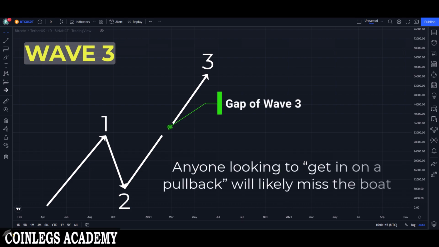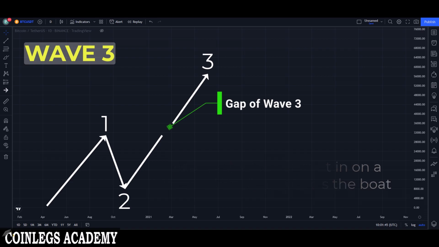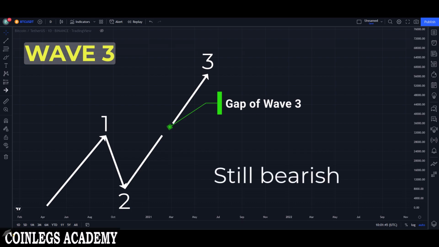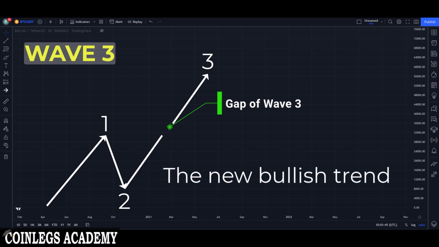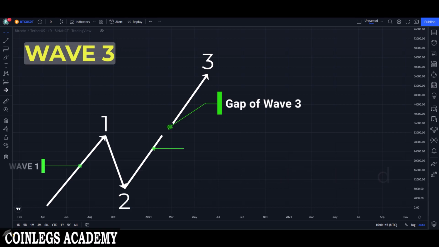Anyone looking to get in on a pullback will likely miss the boat. As Wave 3 starts, the news is probably still bearish, and most market players remain negative. But by Wave 3's midpoint, the crowd will often join the new bullish trend. Wave 3 often extends Wave 1 by a ratio of